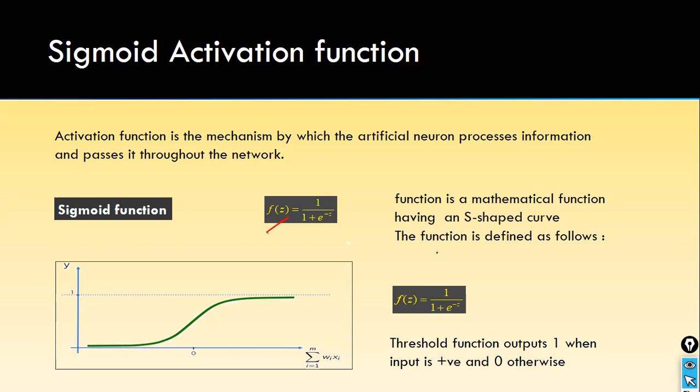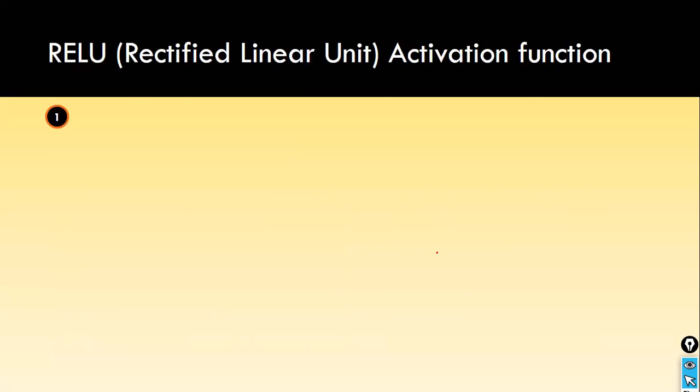Any value between 1 and 0, right? So it will convert any value to between 0 and 1. The values are bounded between 0 and 1. You remember the logistic regression we discussed. And the next one is the